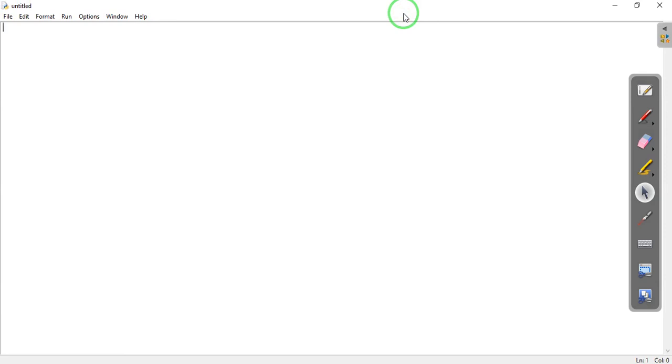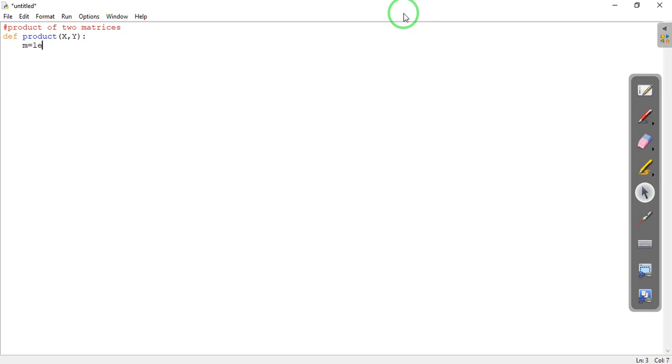So let's write the comment: product of two matrices. Okay, so let's first define our function. So let's define, say, a function of two matrices x and y, and for that let us define it to be like this. You have to put these two dots.